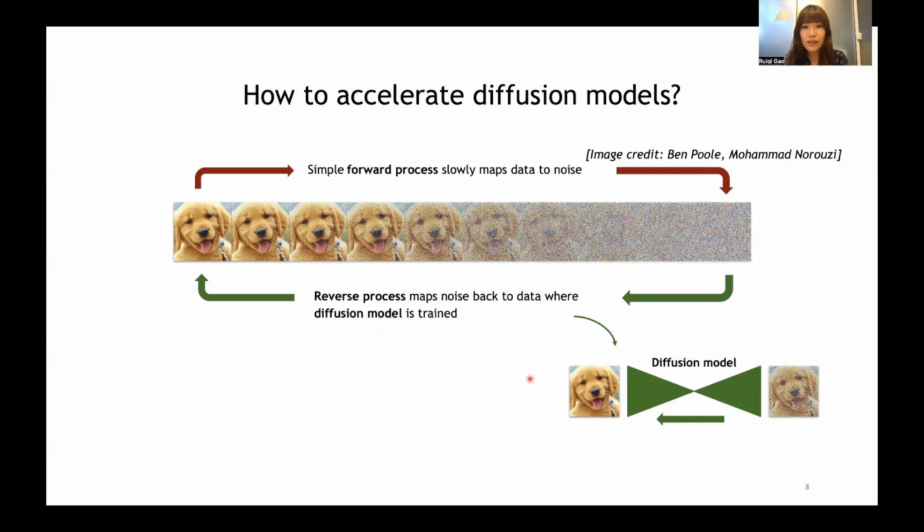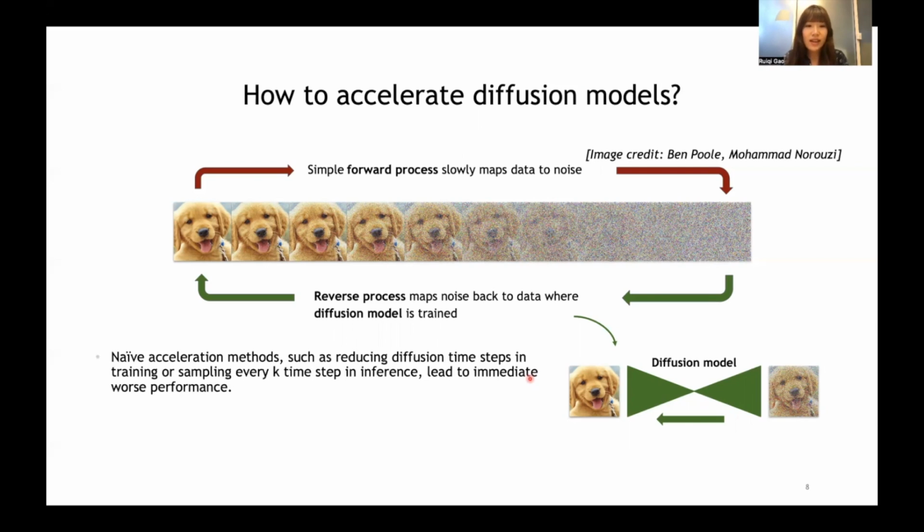So if we think about accelerated sampling, there are some naive methods that immediately come to our mind. For example, in training, we can reduce the number of diffusion time steps. Or in sampling, we sample every K time step instead of going over the whole reverse process. However, those naive acceleration methods will lead to immediate worse performance of diffusion models in terms of both the sample quality as well as the likelihood estimation. So we really need something cleverer